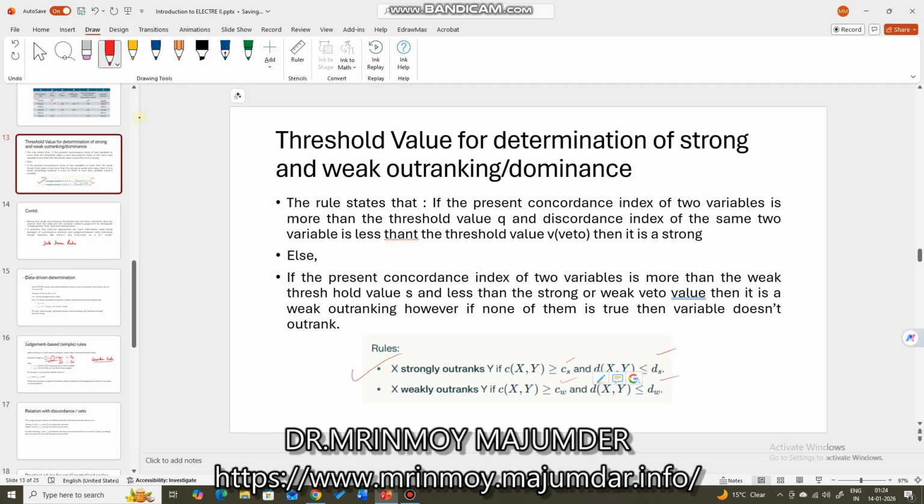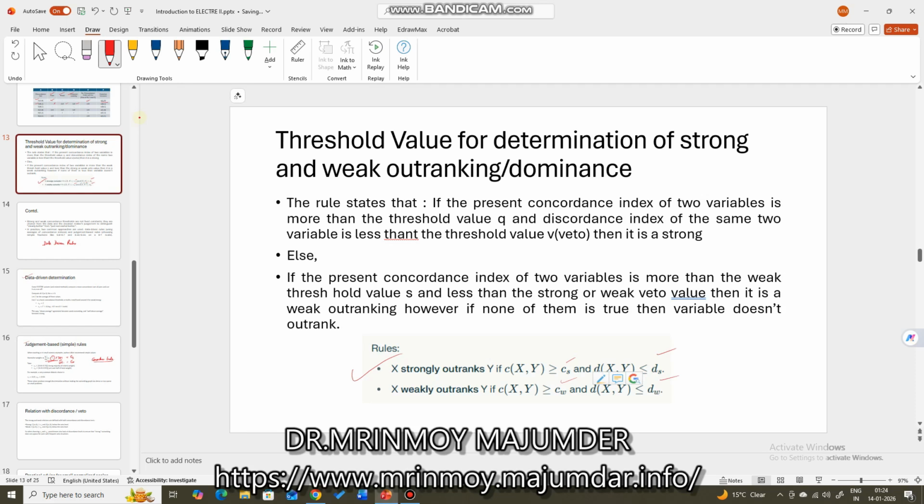So the strong outranking will be there between two alternatives if the concordance index value of those same two alternatives is greater than or equal to the strong concordance value,